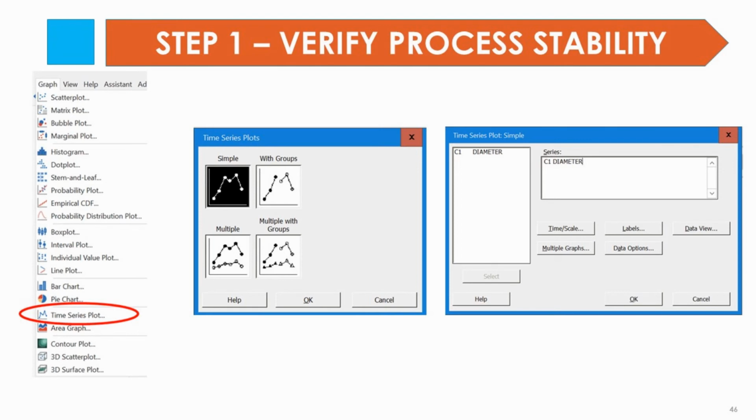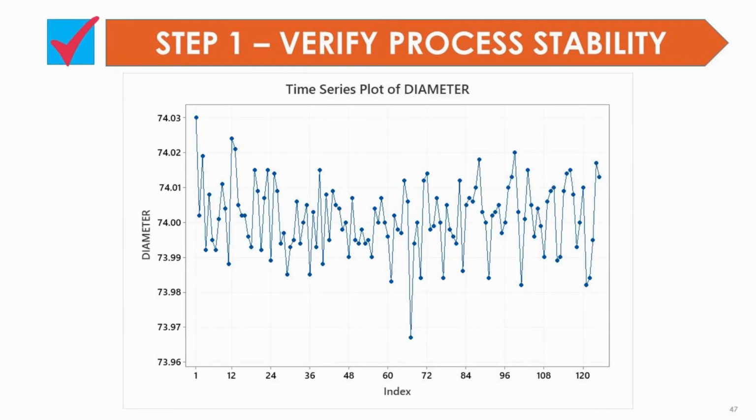We need to go to the graph menu of our Minitab that is in the top right next to the stat menu. So we select the graph menu and go down to the time series plot. Select the diameter column and we are going to see this. So with this I can see that it's stable, there is no curvature, there is no one section down, one section up, there is no funny